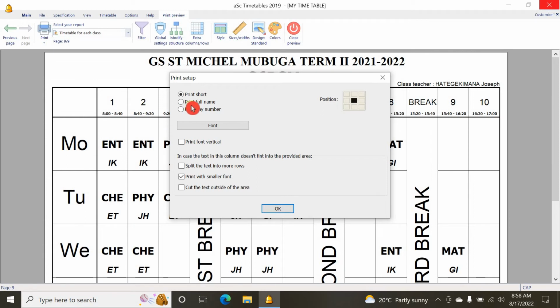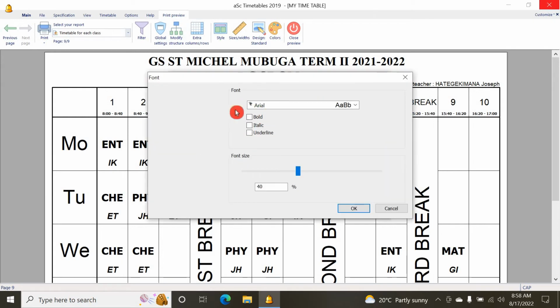Here print full name. Here you can just change the position of the days. You can make it say center. You can go to bold. You can bold them. You can italicize. You can just make different things. You can change the size to